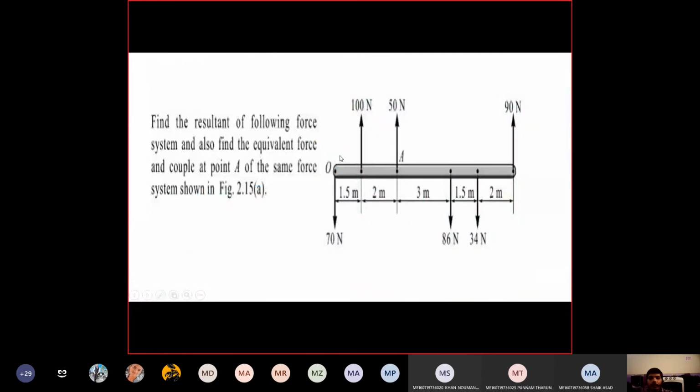Sir, we both have to add the 20, sir. What, ma? 70 Newton, sir. Starting one. See, listen, good question. The 70 Newton load is there, ma. Is there any perpendicular distance up to point O? Suppose you are taking this 70 also, the perpendicular distance is how much? Zero. 70 into 0, 0. Zero only. Okay?